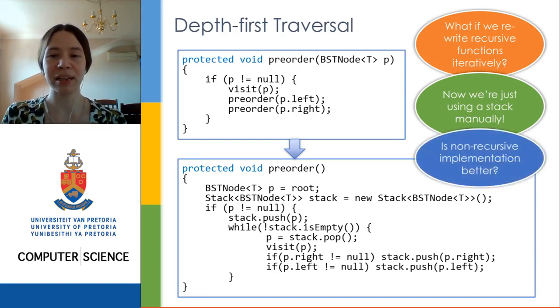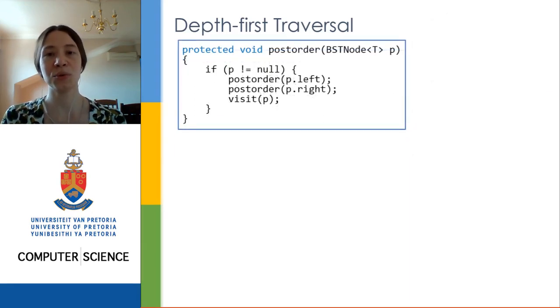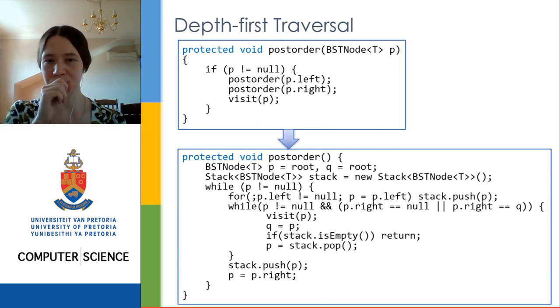So in my opinion, the non-recursive implementation is not better by any means. Let's also see how other depth-first recursive functions can be rewritten iteratively. All of this code is available in the textbook, by the way. So it turns out that converting post order to